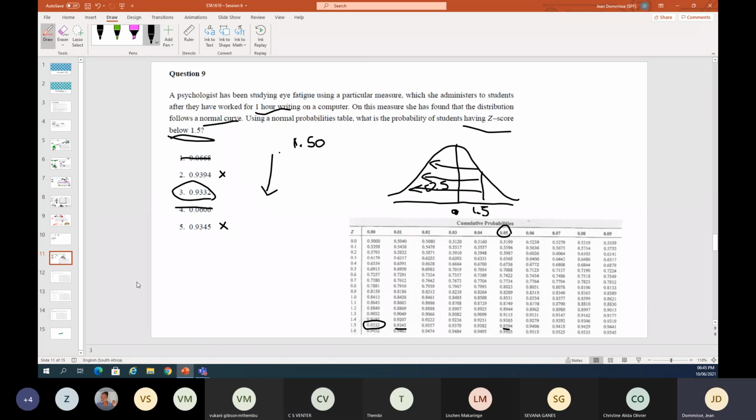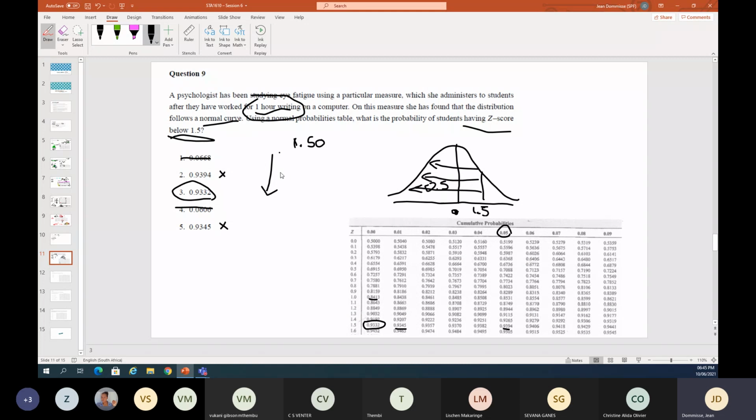Sorry, John. Yes. So basically the whole part about the 1 hour writing on a computer was just chucked in there to mess you around. Yes. So it's completely irrelevant to the calculation anyway. See, sneaky. And luckily for that, you didn't get that was the answer or something like that as well. Because if I now threw in 0.8413 as one of the options, then you would have started.